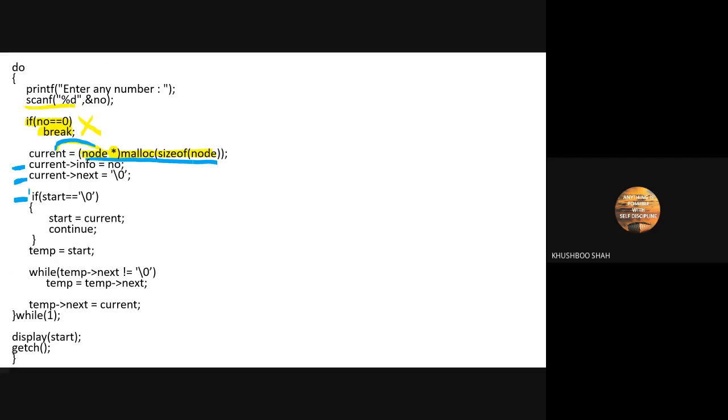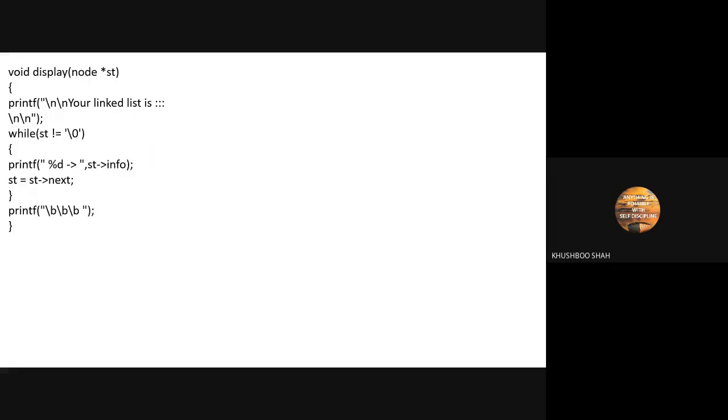It means this portion is not going to execute this time. So start with this statement: temp is equal to start. What does it mean? We are assigning the value of start into temp.